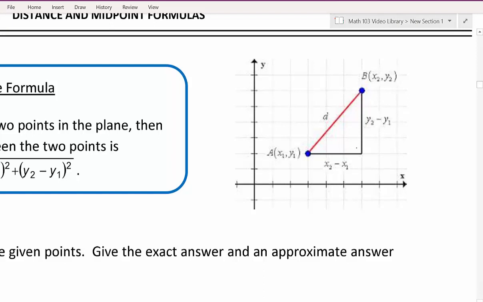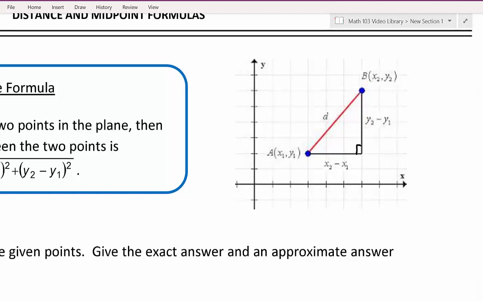We're able to form a right triangle from these 2 points. The distance between the 2 points is now the hypotenuse of the right triangle. We know that we can relate the 3 sides of a right triangle using the Pythagorean Theorem. We just need to find the lengths of the 2 sides. So to find the length of the bottom side, all we do is subtract our 2 x values. And to get the length of the other side, the vertical side, all we need to do is subtract the